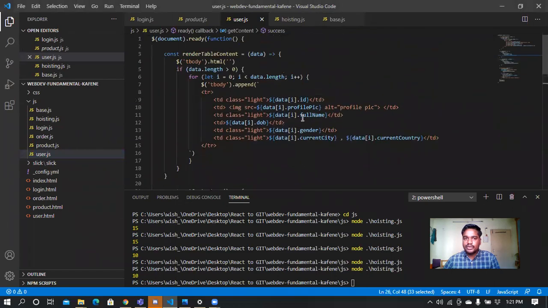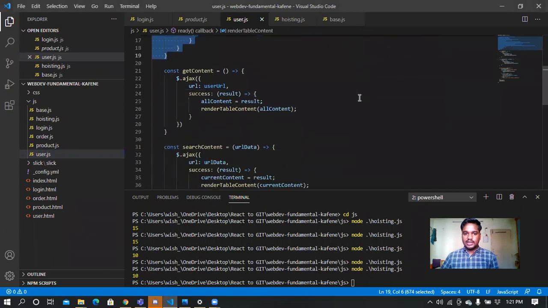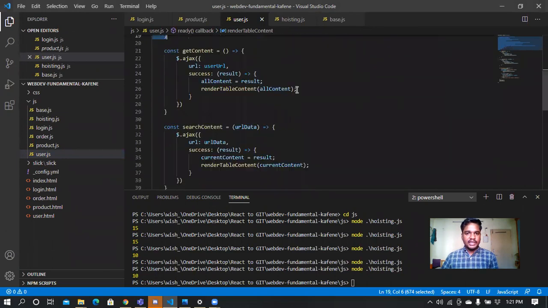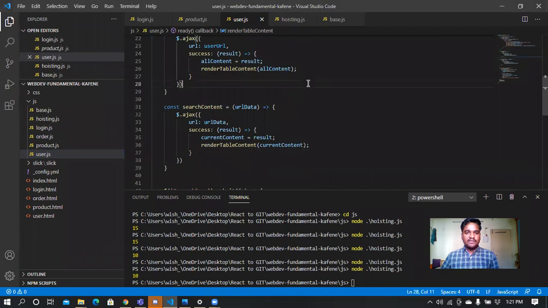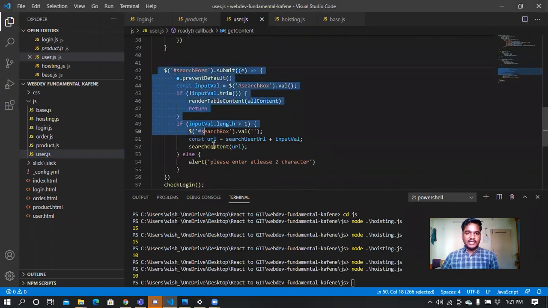In here, we parse all table content and then accordingly print via the render table function. Print, that is, show in the web page. In here there is one catch. We are doing a search content in here. What we are doing is, first, the condition is when the user clicks on the submit button, that is the reset button, first it will check whether it's empty or not.